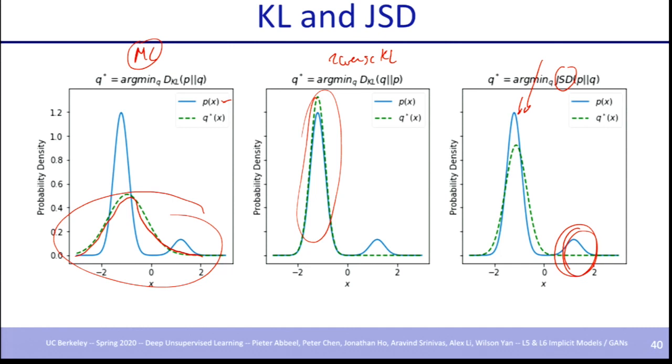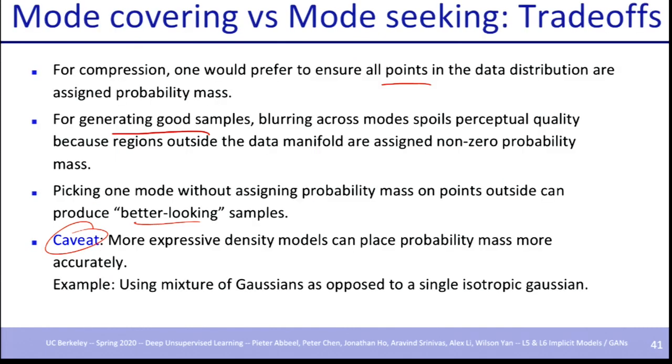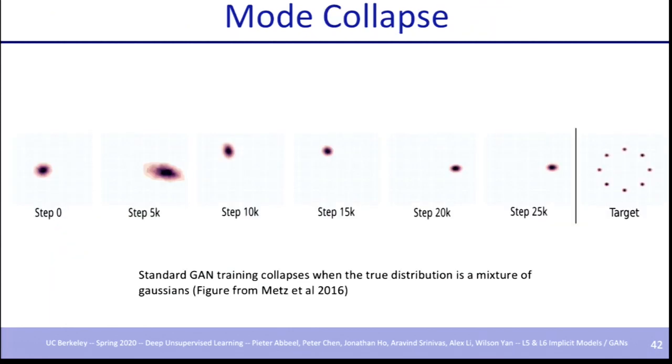And so as you have more expressive models, you are likely to suffer from this less because your model is able to capture many modes while not needing to put probability mass in between where you would get unrealistic samples. But in practice, depending on the complexity of your data, high dimensionality of your data, and the neural nets you're training, you'll often still see behaviors like this where your target might be, in this case, 8 modes,